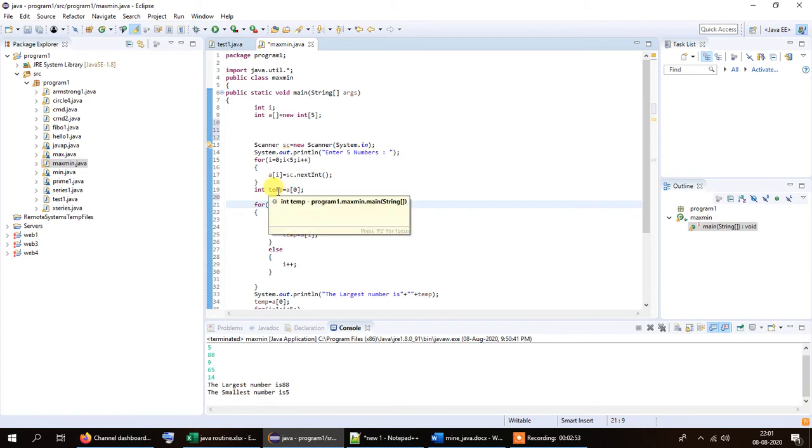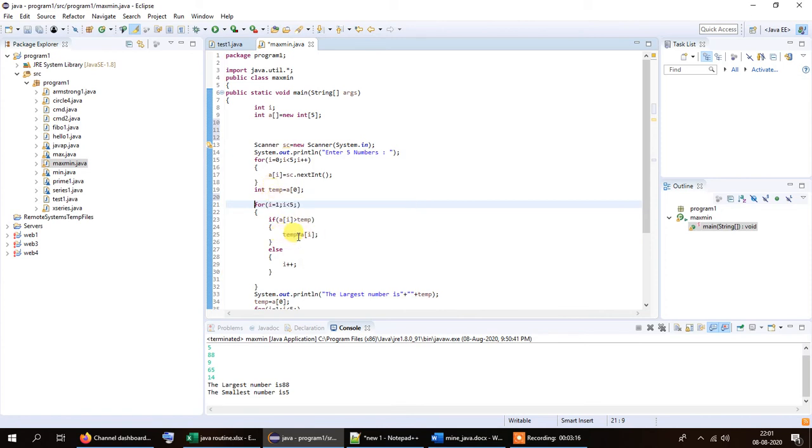Then in order to find the largest and smallest values, we are finding the largest value first. We are comparing the value stored in temp with all the other remaining values of the array. So first we store the value of the first cell of the array in temp, and to find out whether there are any values greater than temp, we compare temp with the values stored in the rest of the array.